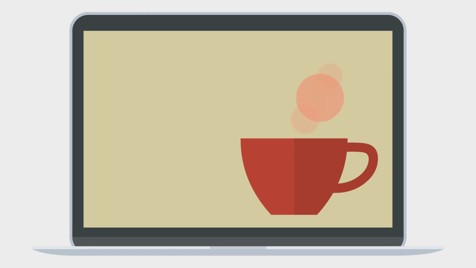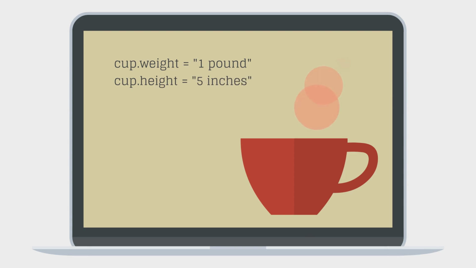For example, a virtual cup object might have the following properties: cup.weight equals 1 pound, cup.height equals 5 inches, cup.liquid equals 8 ounces, and cup.color equals red. Within a program, you can modify the attributes of these virtual objects as needed. For example, to empty the liquid from the virtual cup, you could change its liquid attribute from 8 ounces to